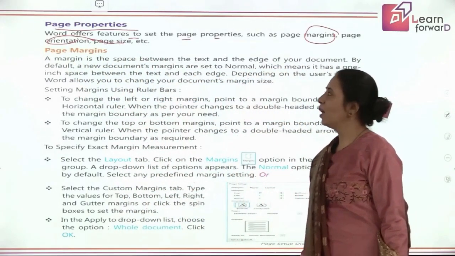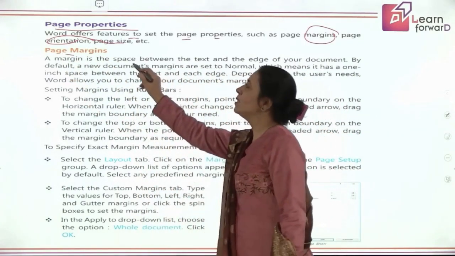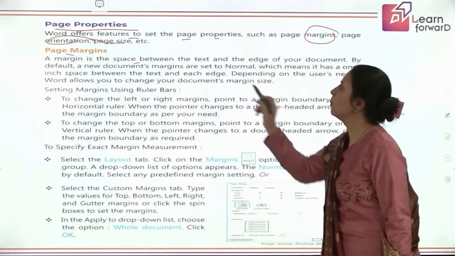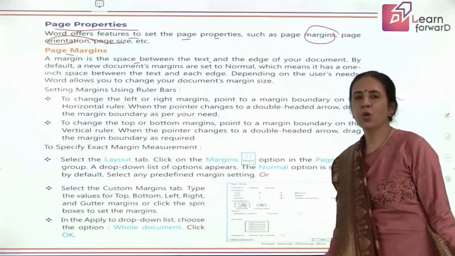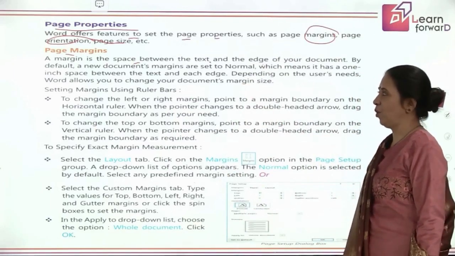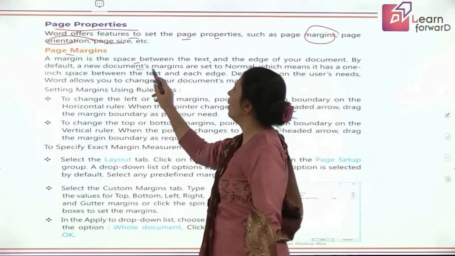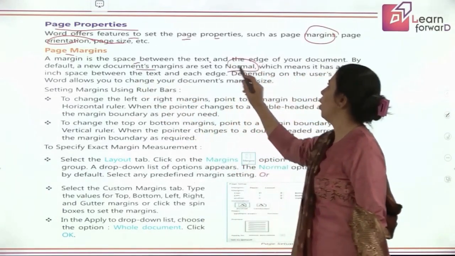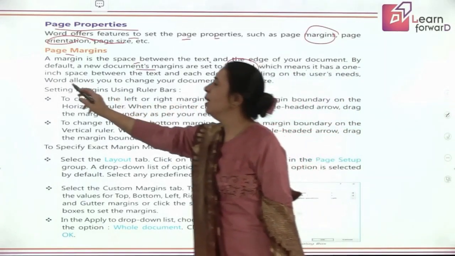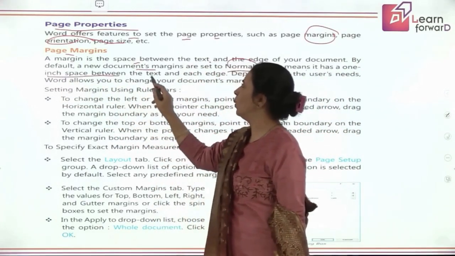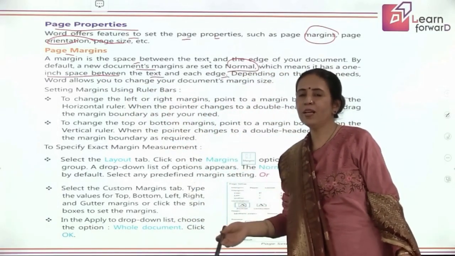So we start with page margins. Children, what is margin? Margin is basically the space between the text and the edge of your document. So I'm talking about the left edge of the document right now. By default, the new document margins are set to normal, which means it has 1 inch space. Remember, it is 1 inch space between the text and each edge, whether it is a left edge or the